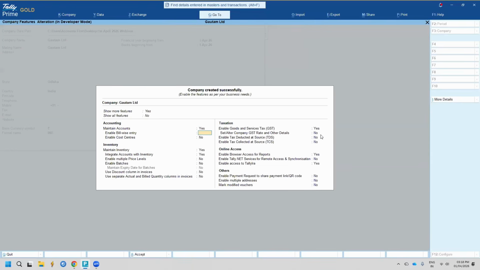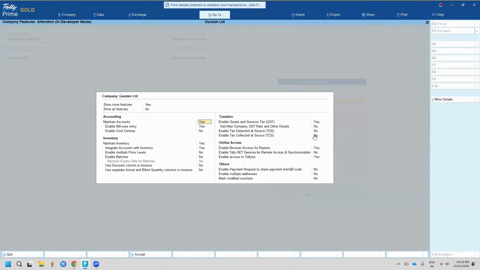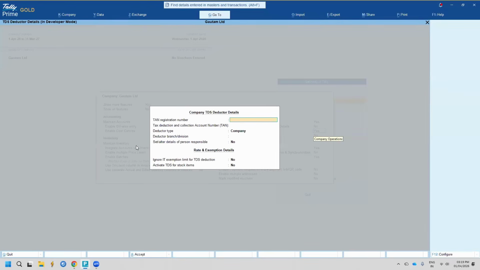So here, first of all, after creating a company or in your existing company also, you have to press F11 and enable your TDS. After pressing F11, you can see the TDS part on this side, enable tax deducted at source. You have to make this option yes to enable your TDS. Once your feature is enabled, you have to mention your TAN registration number like this,